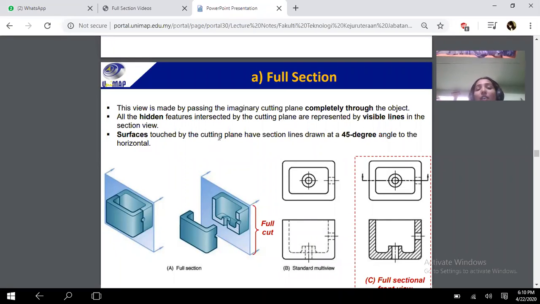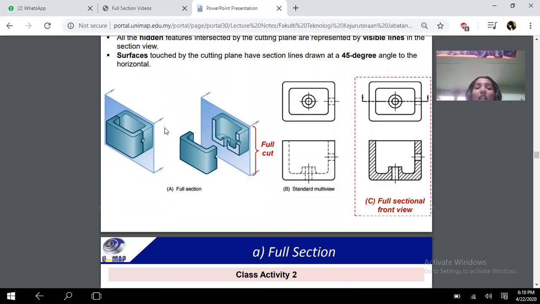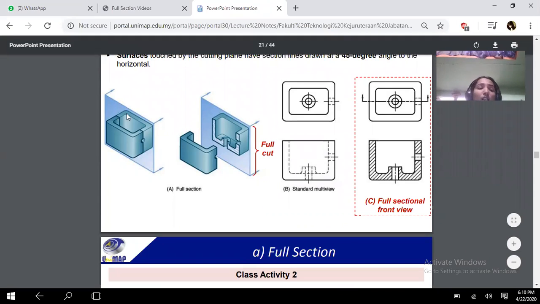The surfaces touched by the cutting plane have section lines drawn at a 45-degree angle. What angle can they draw? At a 45-degree angle. You can see here an object with a tub-like, sink-like structure, and it is cut, and you can see the inner part also, right? In the standard multiple views, you can see what the part is.